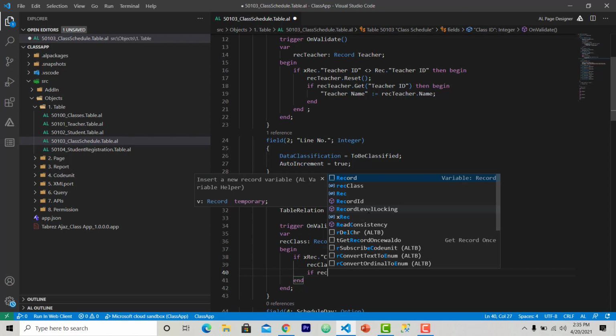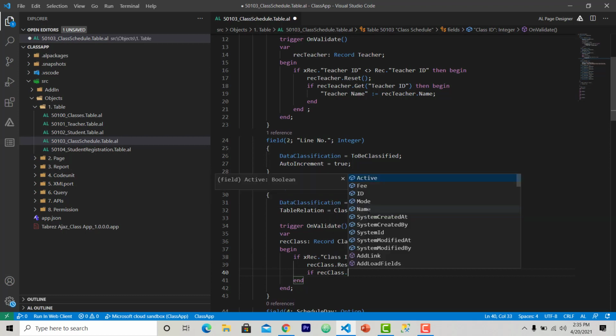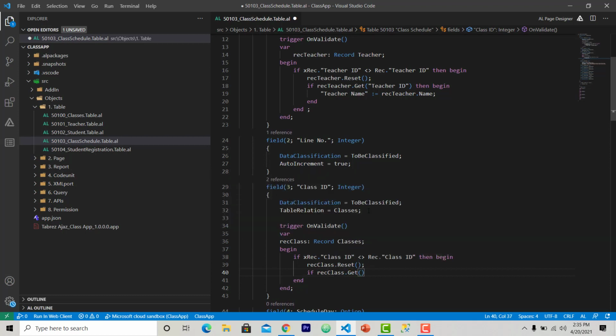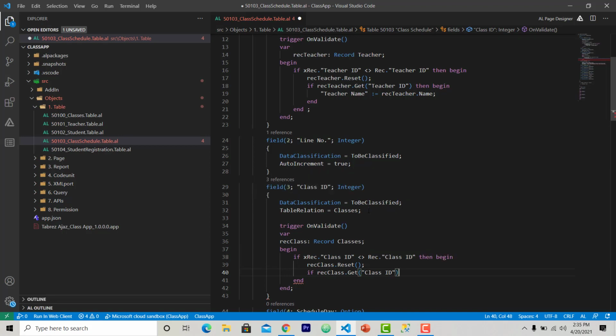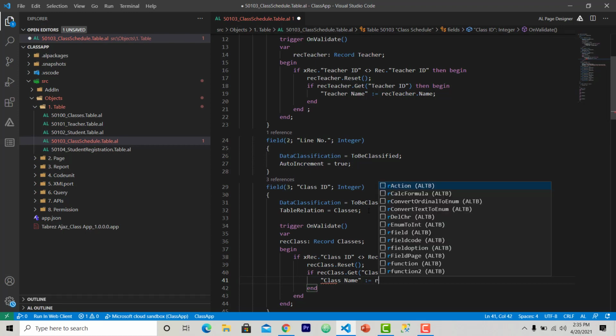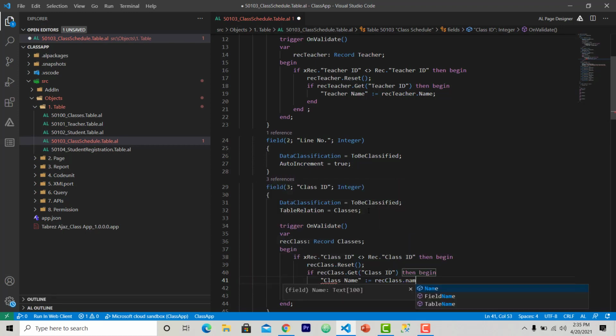If record class dot get, try to get the record from the class table, then begin and class name equal to record class dot name.